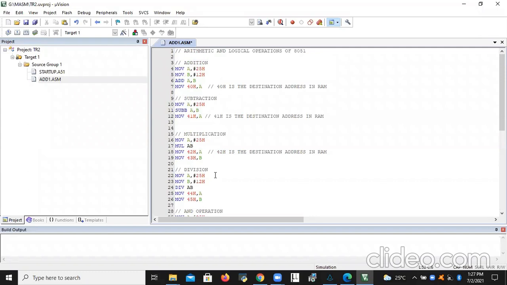Just observe these lines, and if anybody is having any doubts, you please ask. After this program, I will go for the timer program. Anybody is having any doubt, please ask.